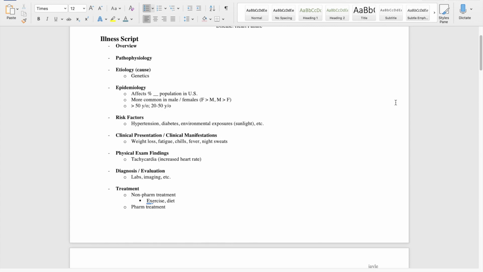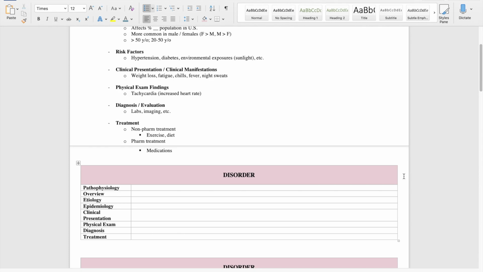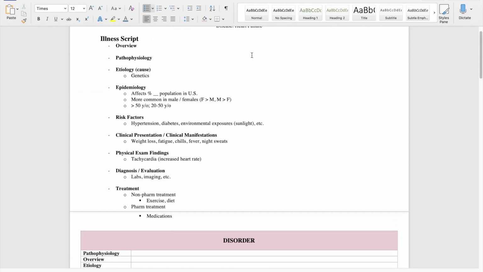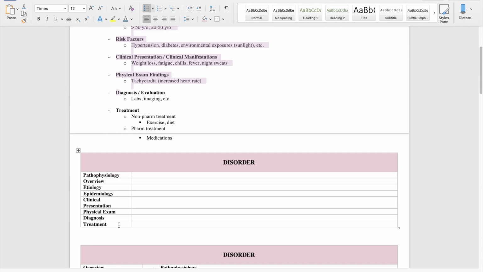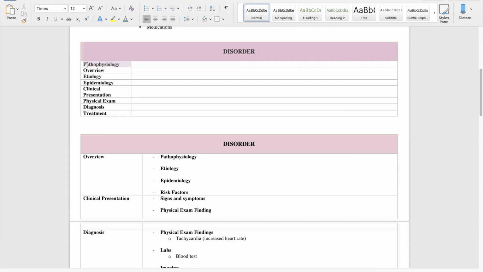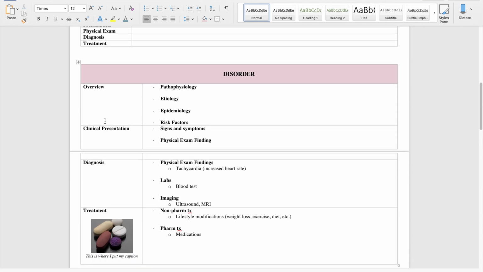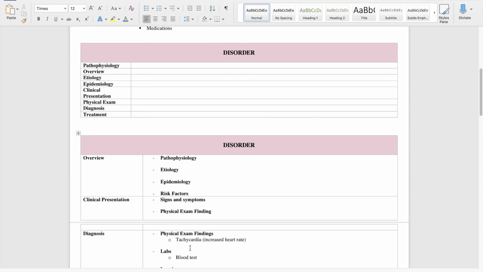When you're doing your illness script, you can leave it in this bullet point format. However, I like to transfer it into a chart format, like these. So I basically just took the headings and put them onto the left column of each chart. I usually don't like how this looks because I feel as if it's really cluttered, so I like to condense it into this version. The only difference is really I clump patho, etiology, epi, and risk factors under the